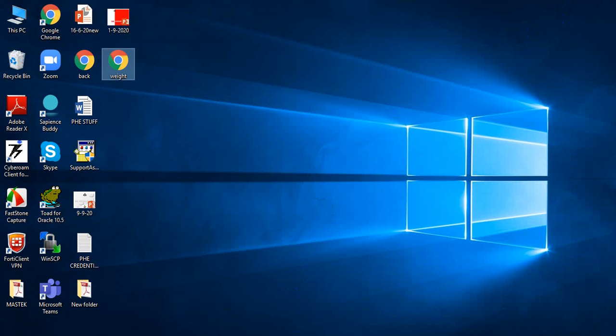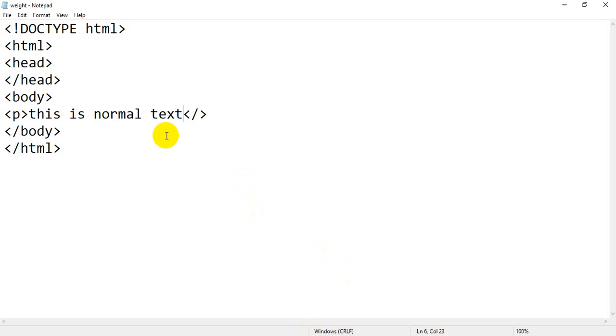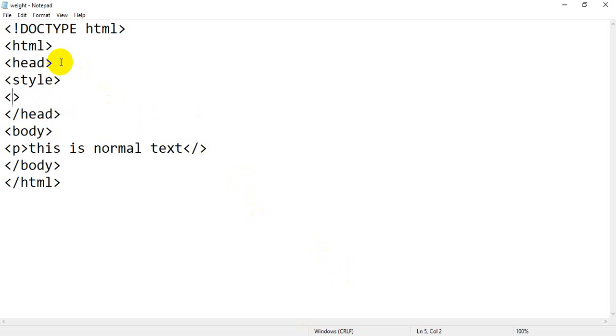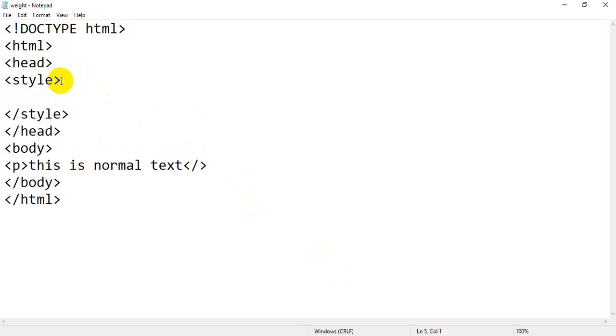So I will just add CSS. Where to add? Inside our head section I will add a style tag. I will add style, then closing style. Inside that I will add the CSS property. For example, currently I am using P, so I will put the P tag, then opening and closing curly brackets.